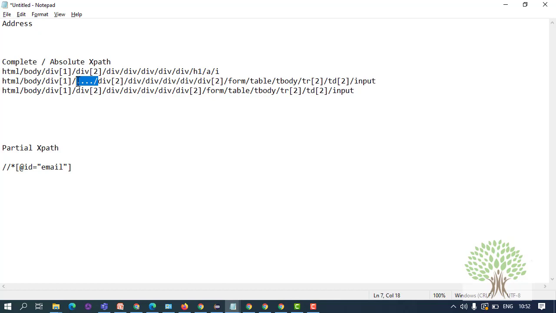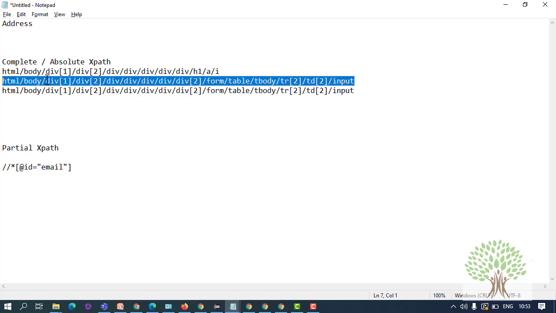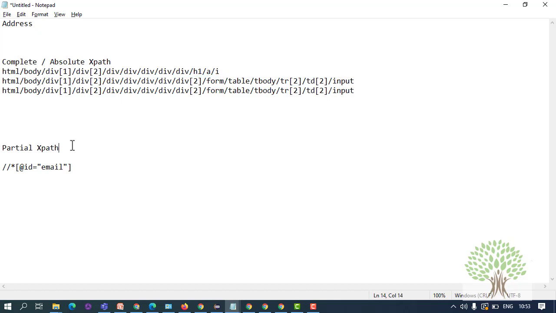So we don't prefer to use these, although these XPaths are very accurate. They start from the root of the document and go till the element, but if something changes, it gives a problem. Yes, at times when no other thing is working, you will find that complete XPath works very conveniently to identify the element. You can use it once or twice, that is okay. Now what we prefer to use is a partial XPath.